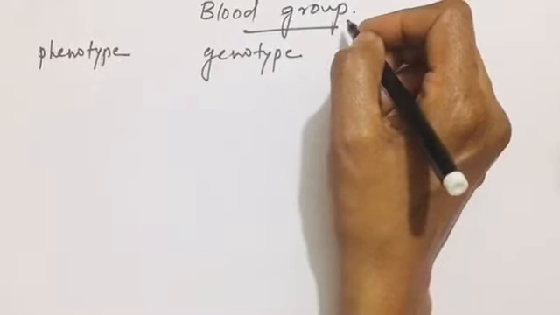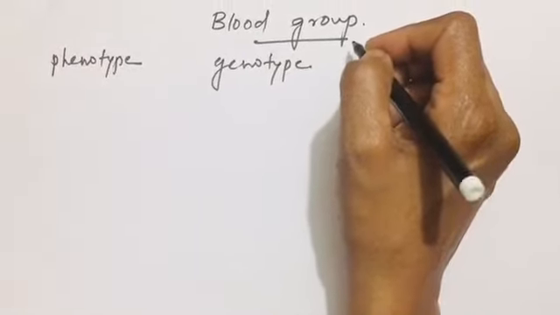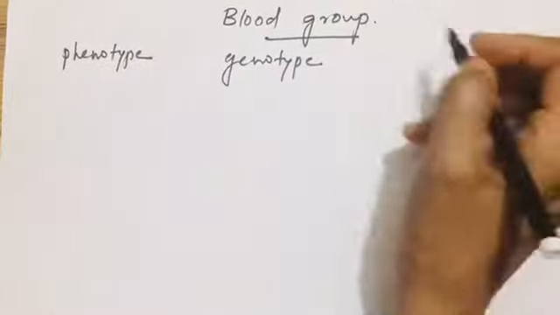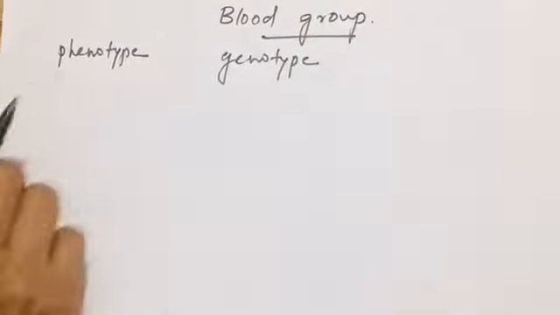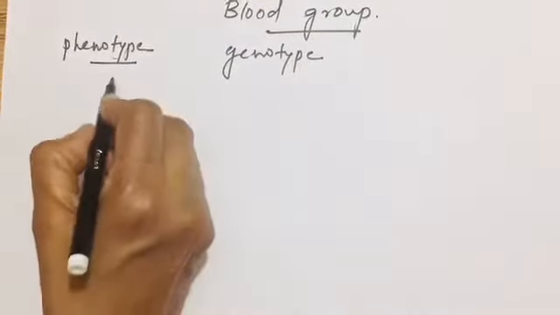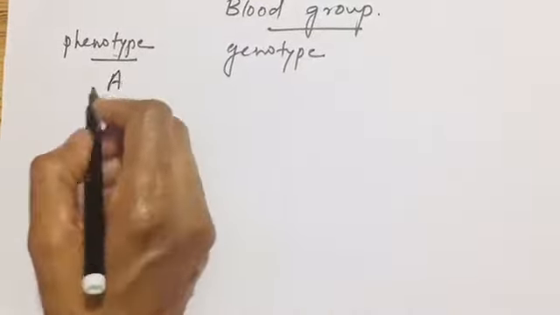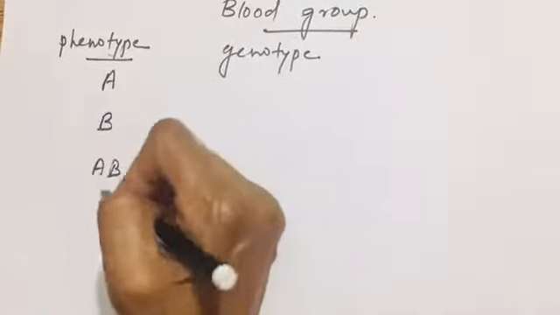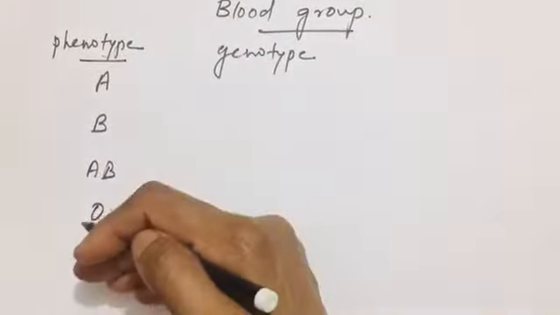Even though this topic is not given in NCERT, some questions are given in the exercise there. That is why you should have a brief knowledge. Let me tell you the common phenotypes of the blood group in humans. There are 4 phenotypes: A, B, AB and O. You might have heard about other blood groups also. I am talking about the very common blood groups, and not about positive or negative. Rh factors are also there.